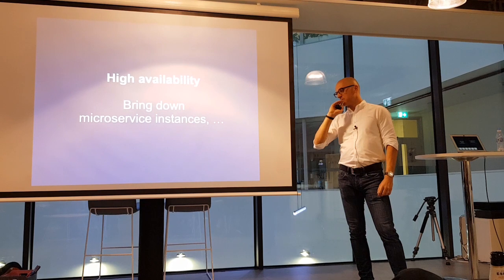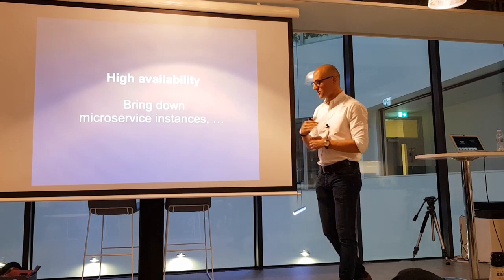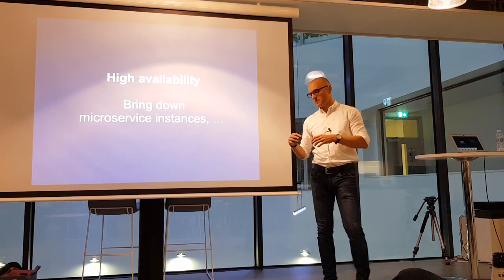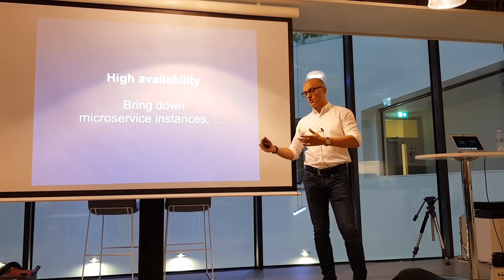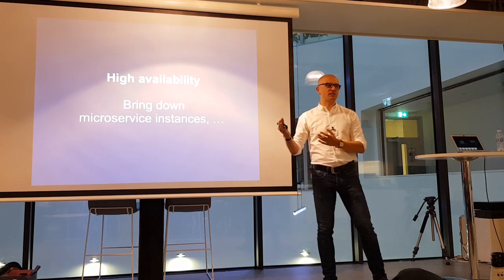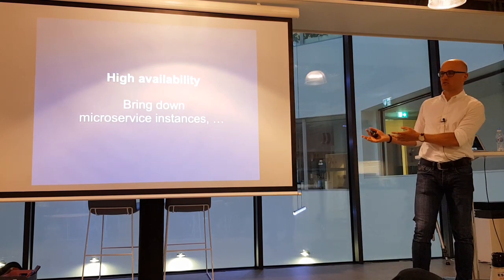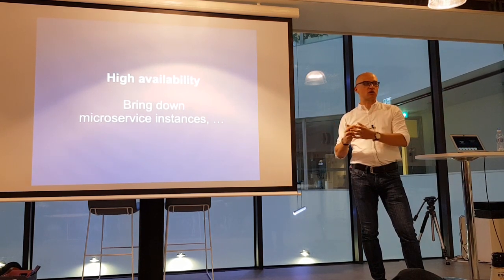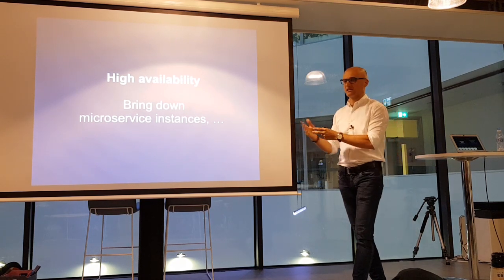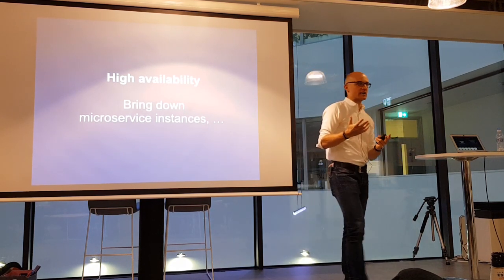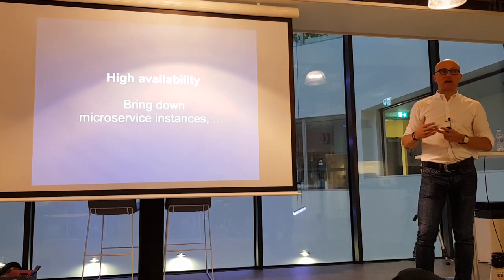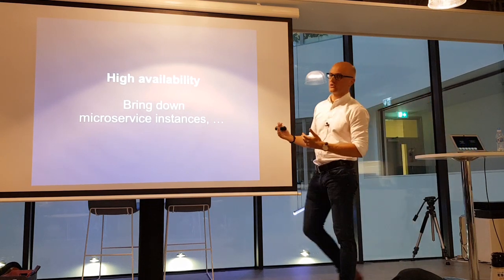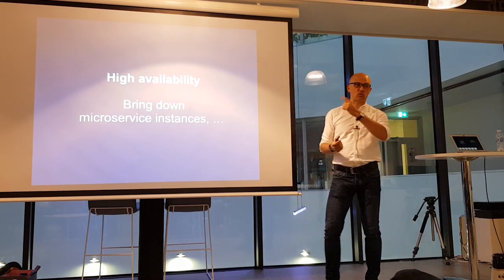So we've mentioned in the beginning that they were after high availability. They were used to bare hardware environments where they knew actually what was causing availability or downtime. They just knew if one of those nodes goes down, that means something's not available. And here in Kubernetes, you define that you want to have 3 instances of this microservice, 10 instances of the other one, but you actually don't know how it gets managed until you understand the internals of Kubernetes. So you can kind of trust that it's going to do what you tell it to do, but you actually at the end of the day don't really know, which is what these guys found.